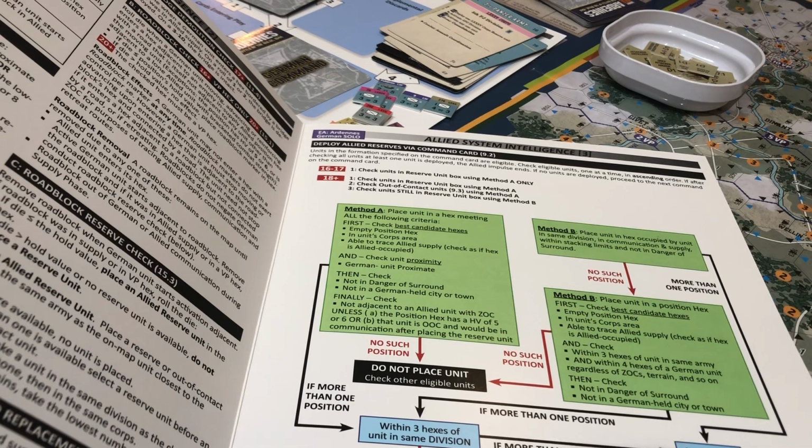It did not really define what that means, other than maybe you're just not going to put it somewhere where it can be surrounded completely. It did not define it. So I'm going to assume we're not going to let it get flanked. How about that? So if there's 3 or more German units next to that spot,